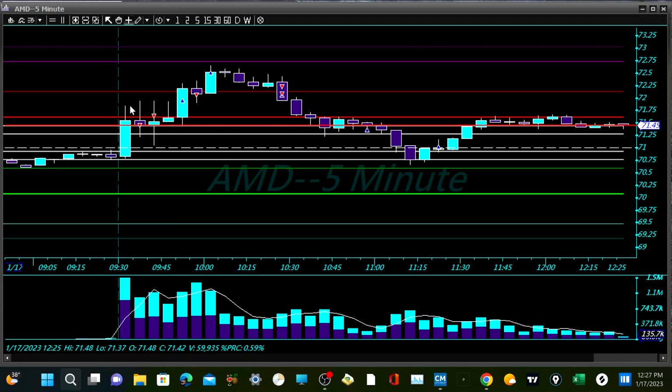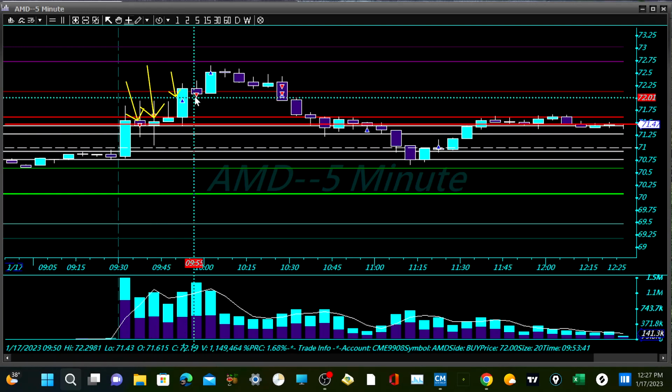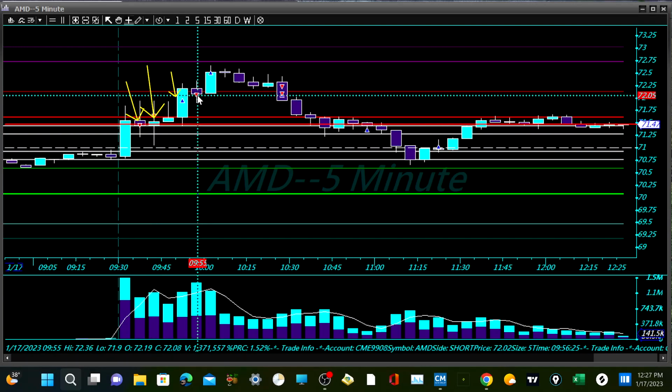So they really got me on this first trade here. So I went short again here at R3, the breakdown of R3, because you see we're rejecting price up at these levels. So I'm thinking we're gonna pull back down into like S4, S3, and got stopped out here at, let's see what level that was, at 72, right? So this second trade, I shouldn't have taken this second trade right here.